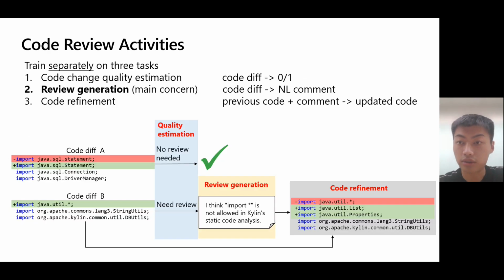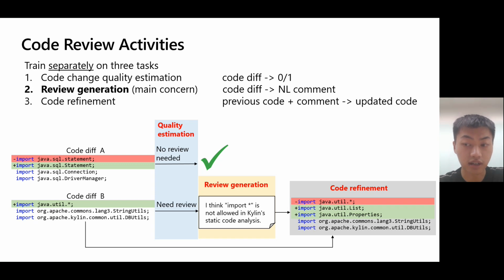Then I will introduce three tasks defined from code review activities. The first task, which is a binary classification task, is to predict whether a code diff needs review. Because in a pull request, there might be hundreds of code diffs, and many code diffs are of good quality or very simple and can be merged directly, while other code might have some issues and need review. And that